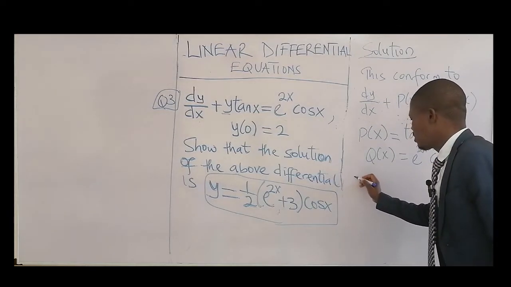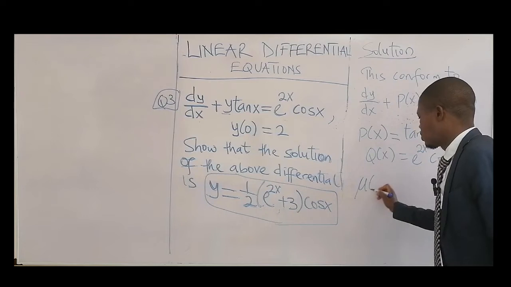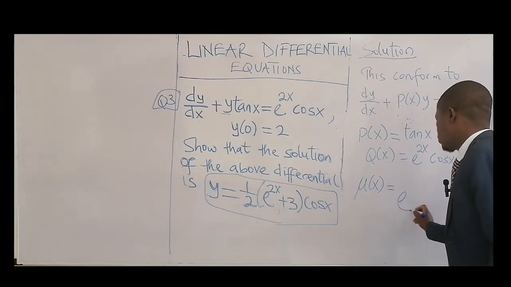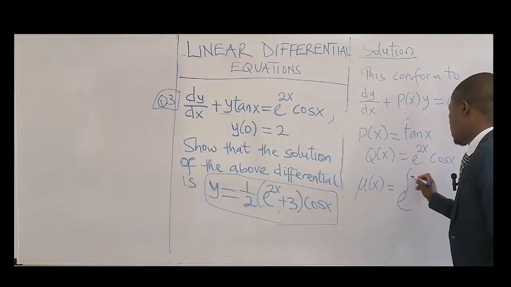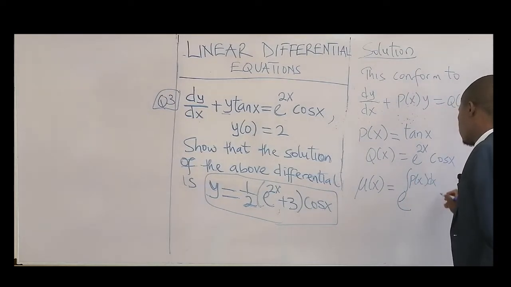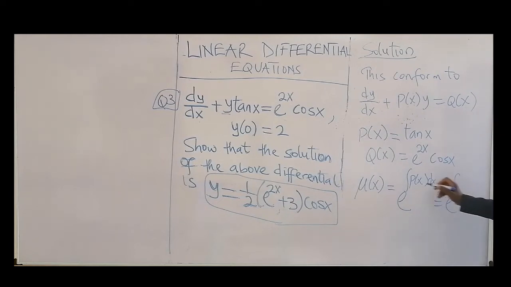So step two. The next thing to do now is to get the integral factor, which has the formula of exponential to power of integral p of x dx, which is equal to exponential to power of integral of tan x, and that's sine over cos dx. Tangent is sine over cos. Why do we have to split it like that? Because we don't have a direct table for the integral of tangent. So we need to split it this way and find the solution to that.